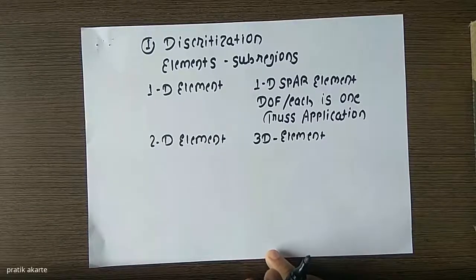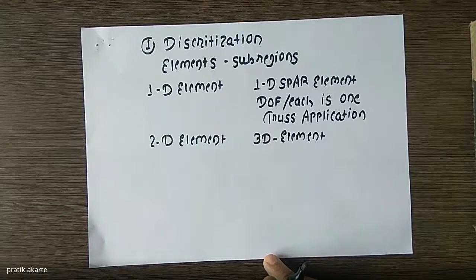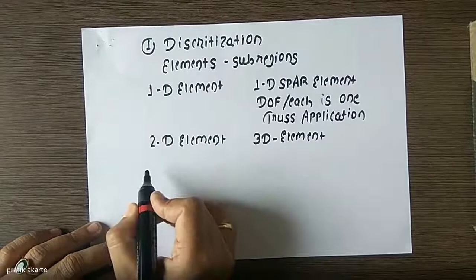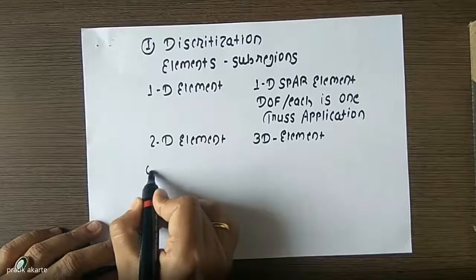Whenever you go for any application software for finite element analysis, you will find the element library there. In that library, you will get a number of element types, and depending upon your application, you have the liberty to choose the various types of elements that you want for your particular application. Now we'll discuss one-dimensional linear modeling of the structure.